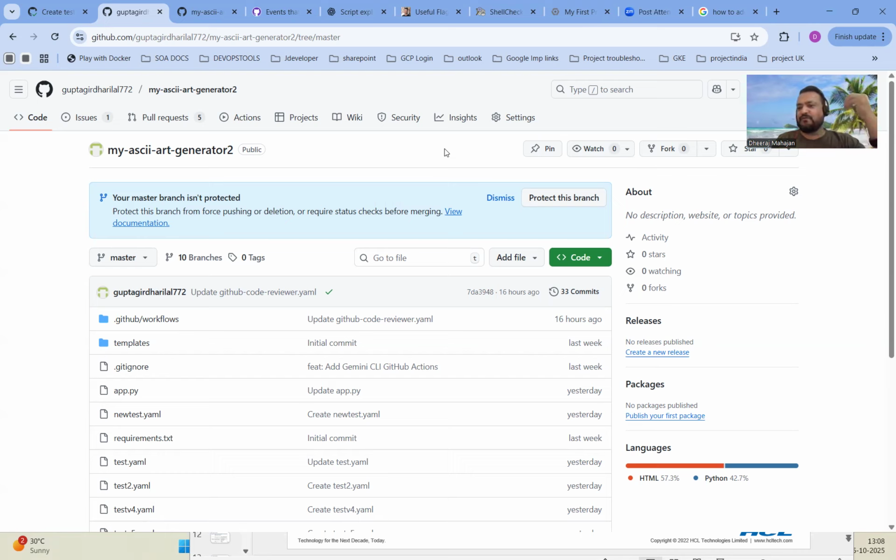When you want to merge these changes with your main branch, you always require some reviewer, right? Reviewer is very much important. Without that, you cannot merge it. And it's a very painful area. Sometimes human review can make mistakes, right? I totally agree. But Gemini, which is powered by an LLM,